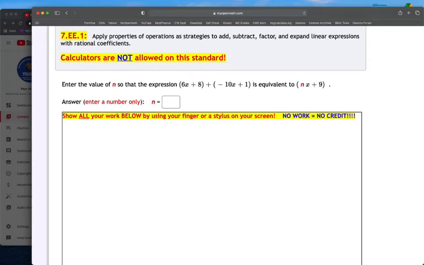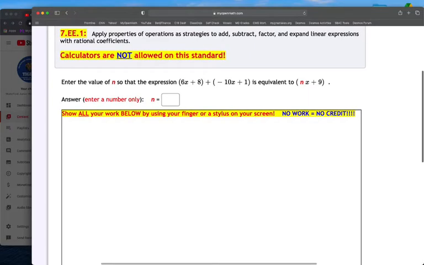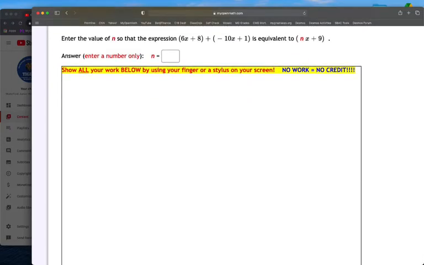In the standard 7.EE.1, where we are to apply properties of operations as strategies to add, subtract, factor, and expand linear expressions with rational coefficients. A reminder that calculators are not allowed on this standard. You may be presented with a problem like this,